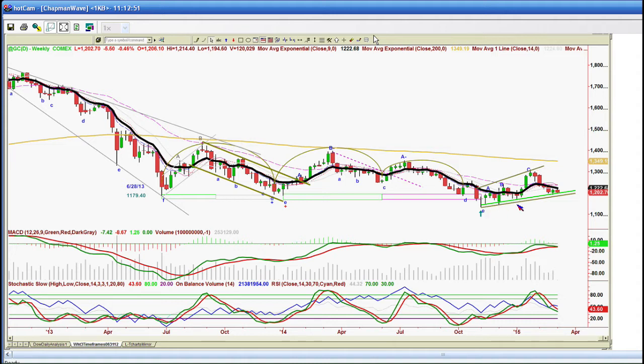And you've got this tremendous support with the Chapman wave inside track support right there, in the weekly chart, between 1204 and 1189. And all you need to do is to see a break of that support level, a close in the weekly chart at 1178, and all of a sudden, what do you have? You've got something that's very different, because it's going to suggest, and it will suggest quite strongly, that within the context of this support line, instead of acting as a springboard with a bounce that says it could take it to leg D above the 1309 high, it starts to break down and says, uh-oh, this time we're going to be going